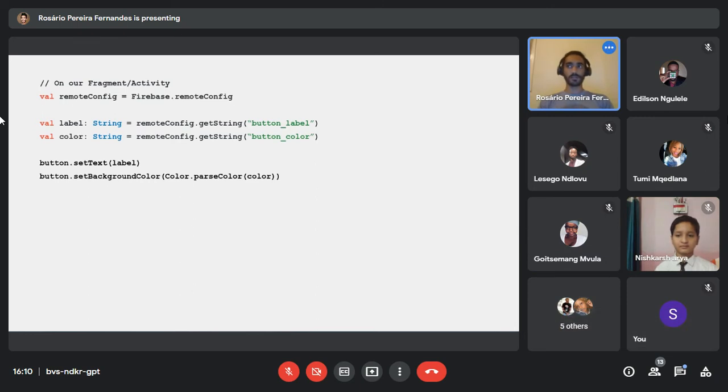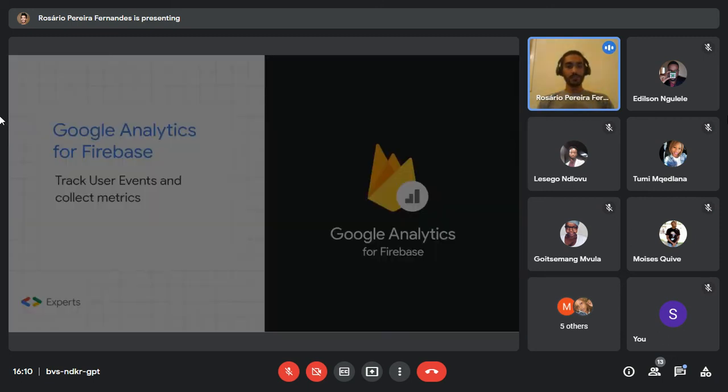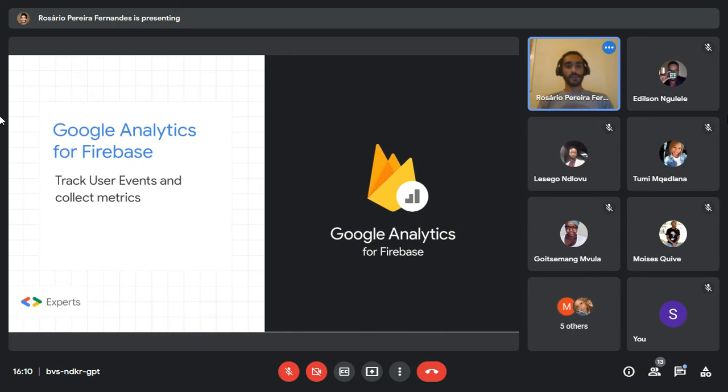Of course, you could set up a form and then share it with your users, like, please review us, please tell us which color is better, how do you feel. But then this takes time, and not every user might be willing to do this. So what you can do is actually use some metrics. And in order to collect metrics, we can use this tool called Google Analytics.